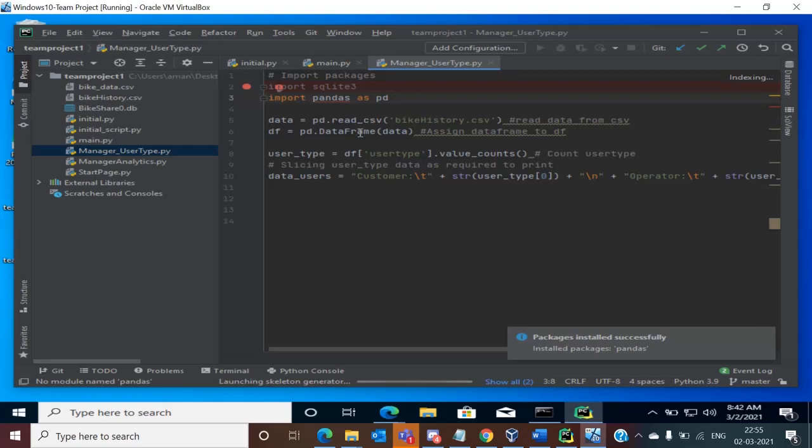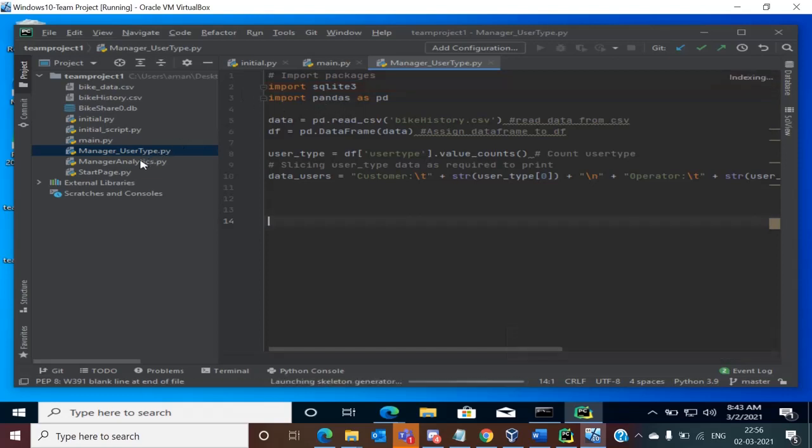Once the package is installed, the interpreter will update automatically and indexing will be done automatically. As you can see, the installation process for pandas is complete. Now I don't see any errors. This means that the pandas package has been installed successfully in my interpreter.